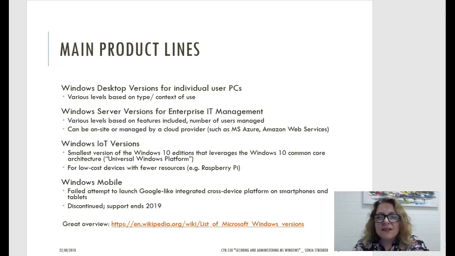So the main product lines for Windows really are the Windows desktop versions, and those are for individual user PCs. And these are also the end user PC versions that, if you end up working with an organization that uses Microsoft Windows, and how many those are we'll see in a little bit, you will be in charge of. Then we have Windows Server versions, and those are for enterprise IT management. These are the control centers that will allow you to efficiently manage and supervise the Windows user versions, the desktop